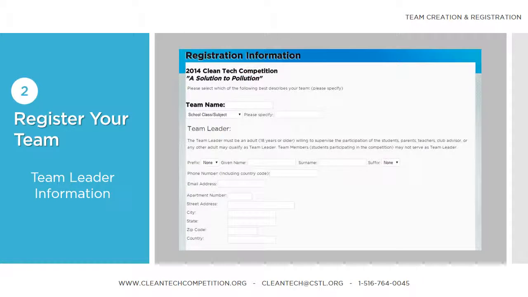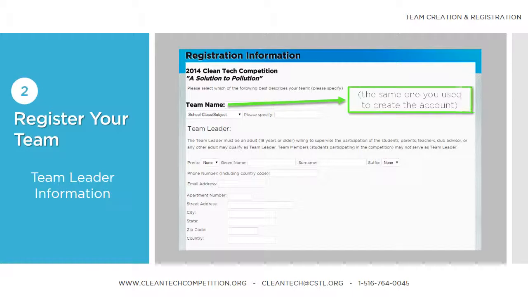This is the official registration page. Even if you have created a team user account, you will not be considered registered until this page is completed. The email addresses that are entered on this page are the ones which will be used to contact you, so make sure there are no typos. The first thing it asks for is your team name. This is the same team name you entered on the previous page.